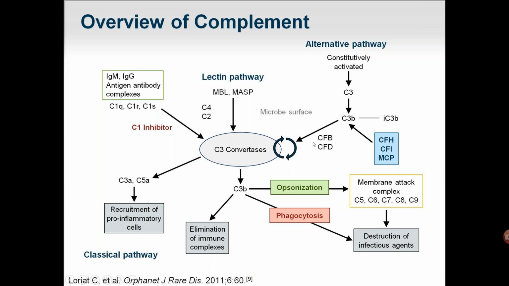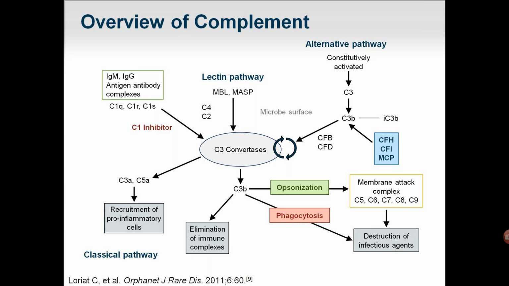The C3b then binds to C3 convertases and forms more C3b, so the C3 convertases feed back on C3, converting it to C3b. So we have a self-amplification loop, leading to more and more generation of C3 convertases and more consumption of C3. If this pathway were not regulated, the C3 convertase would act on the next step in the pathway. It would act on C5 and break it down to C5a and C5b.